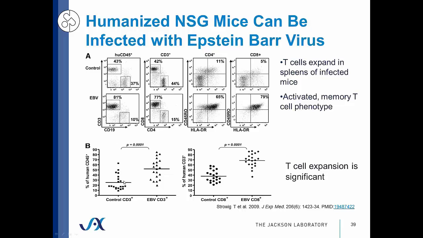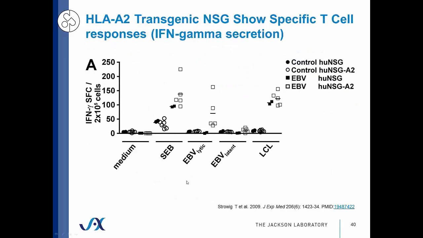So as you can recall, HLA restricting humanized NSG mice leads to enhanced T cell responses. So when the authors used humanized HLA-restricted transgenic mice to measure interferon-gamma secretion as a readout for T-cell response to EBV infection, they saw that during lytic or productive infection, only HLA-restricted T-cells produce interferon-gamma and not the MHC-restricted. So this is another example of how HLA restriction of T-cells can lead to greater and more robust T-cell